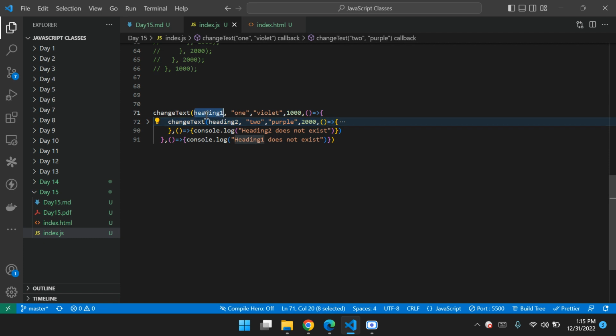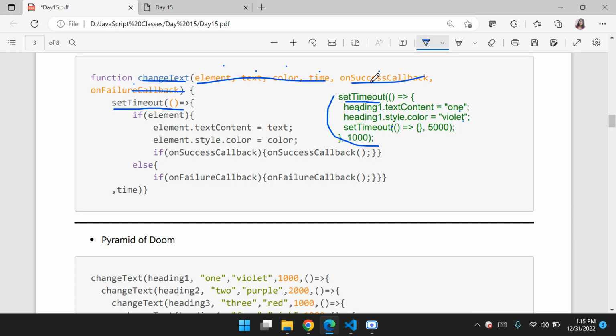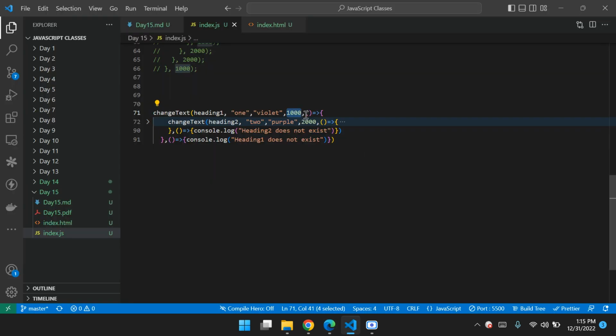See, one parameter, second parameter, third parameter, fourth parameter. After that, what are we having? We have one function which is the on success callback. So from here, try to see this pink braces. This is one callback. Then again, comma. We have another callback. Clear till now,